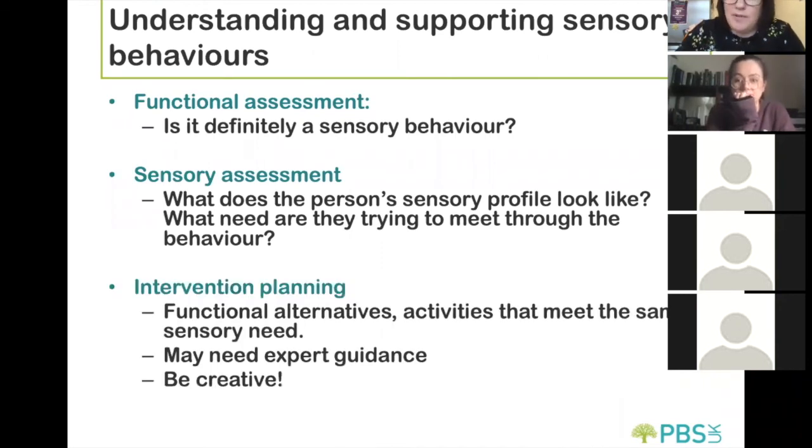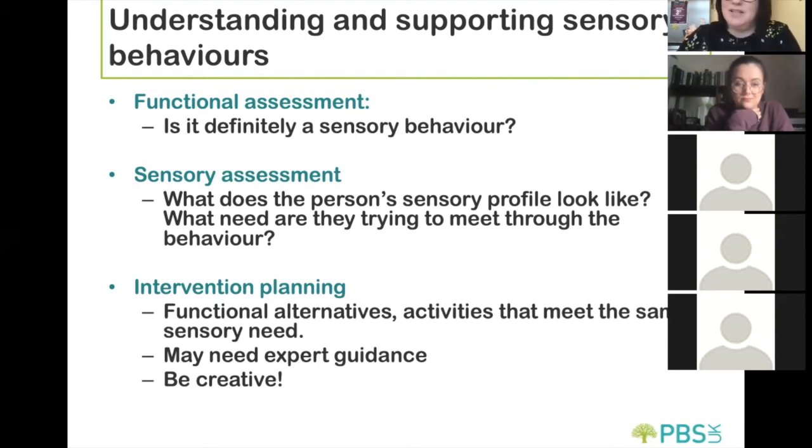And then once we've got that information, that's when we can start planning how we might intervene. Sensory behaviours are really difficult behaviours to make a difference to, because that person doesn't necessarily need another individual to provide that. It's self-stimulation. It can happen when they're on their own. They don't necessarily need a middleman to meet that need. And it can quite often be something they've been doing for a really long period of time, which can be quite difficult to break that pattern.